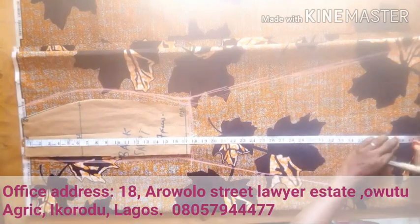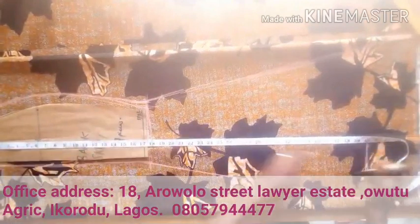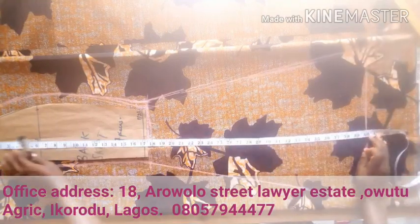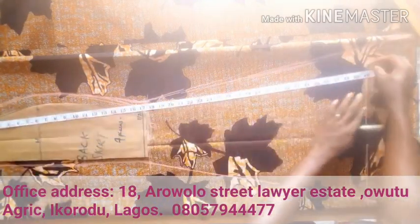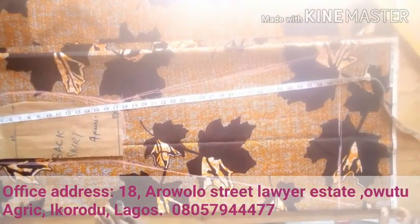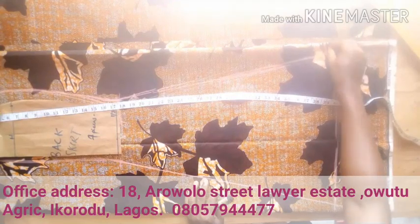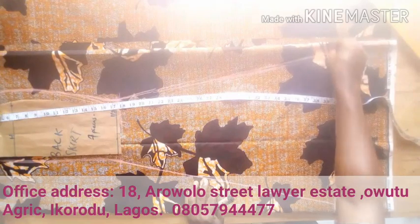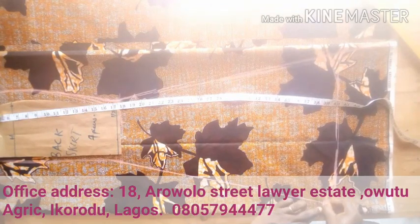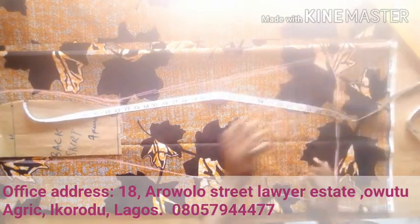So I'll measure 40 inches out like so. So the skirt length 40 inches is what I'm marking out right now. So I'll measure the 40 inches right now. And the extra measurement that is remaining, so I will not forget to shape the edges like that. I'll shape the edges of the skirt like so to avoid a sharp edge. So after shaping like so,